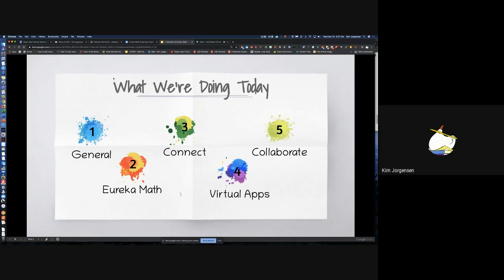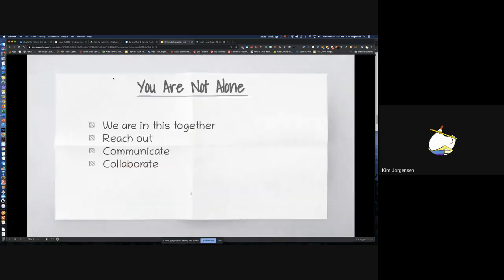If there's anything in this program that you want more information on, or a how-to on how to do it, let me know. I couldn't predict and prepare for everything today, and if I had, it would be an all-day thing, and we're not going to do that. So just shoot me an email, and I'll do what I can to get that information out to everybody. Please note, I have no class, so my versions of Classroom and Seesaw don't work like yours as far as students in them, because I don't have any. I might need to ask you to help me with that using your Classroom or your Seesaw. And I'm going to try to talk slower.